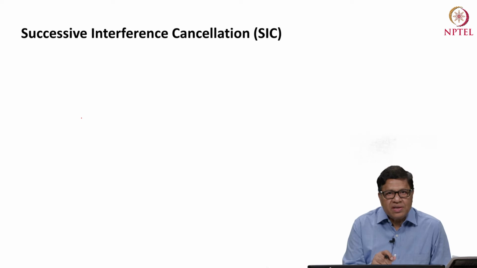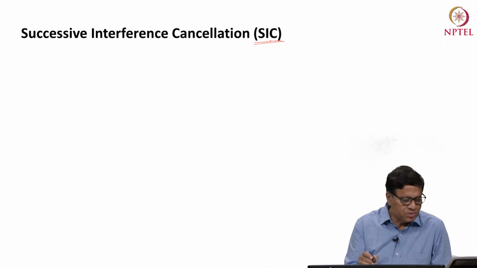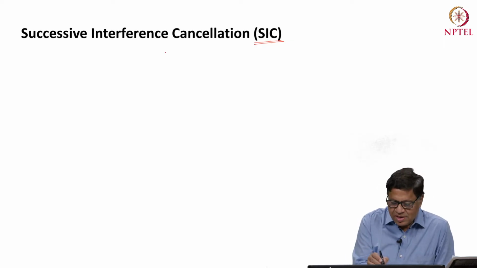So before we start the discussion on NOMA, it is based on a fundamental technique, which is successive interference cancellation, also called SIC. Let me spend the next 5-10 minutes explaining what successive interference cancellation is and how it is used in NOMA. So let us take a simple example. If you have two users,